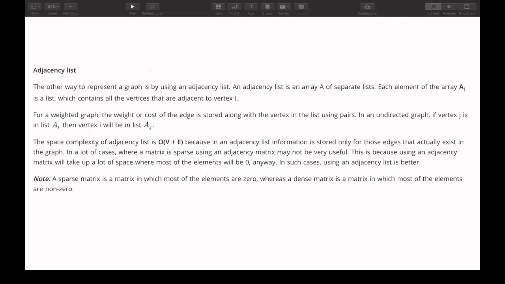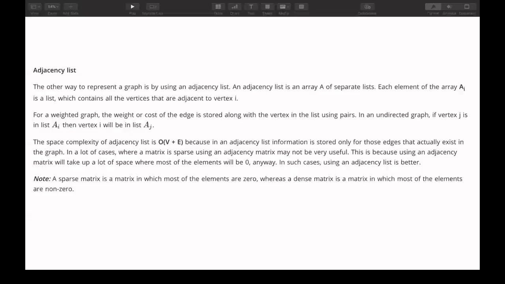That's why the adjacency list is more popularly used, considering that it is much more memory efficient compared to the adjacency matrix. Though in the worst case, in a graph having V vertices, the number of edges can go up to V square.